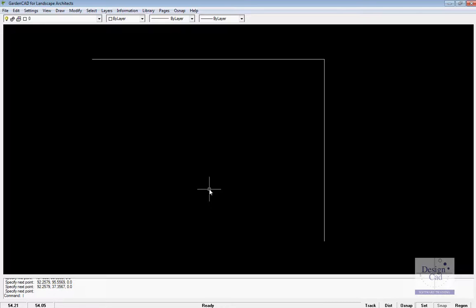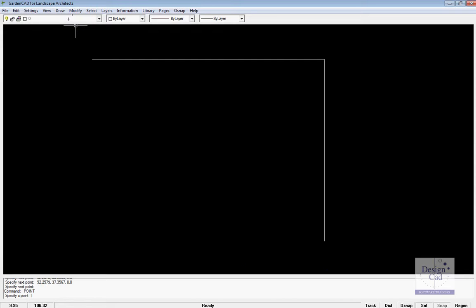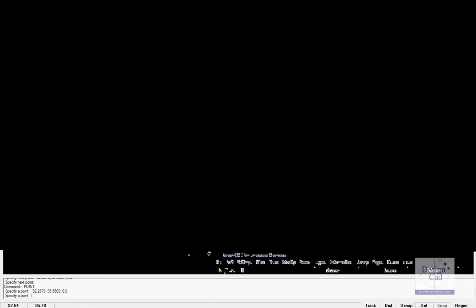The point command in GardenCAD is a much underutilized command. Imagine that we wanted to center a circle in this zone through here, and we wanted it to be a certain distance away from the walls here. It's Draw, Point. You use points as aids to construction,